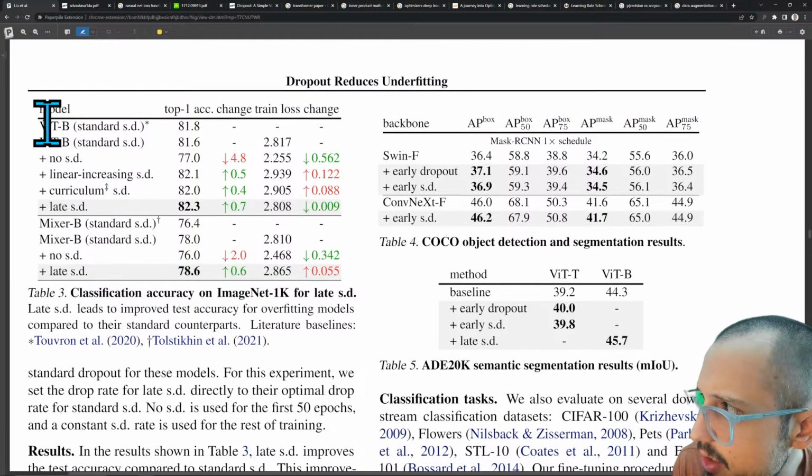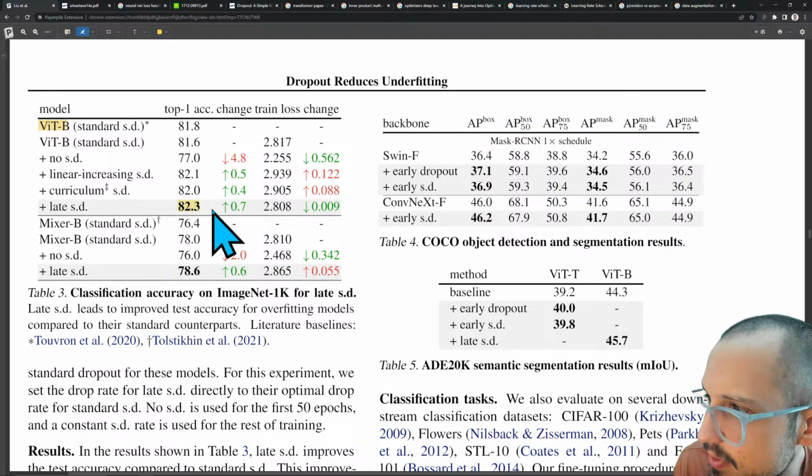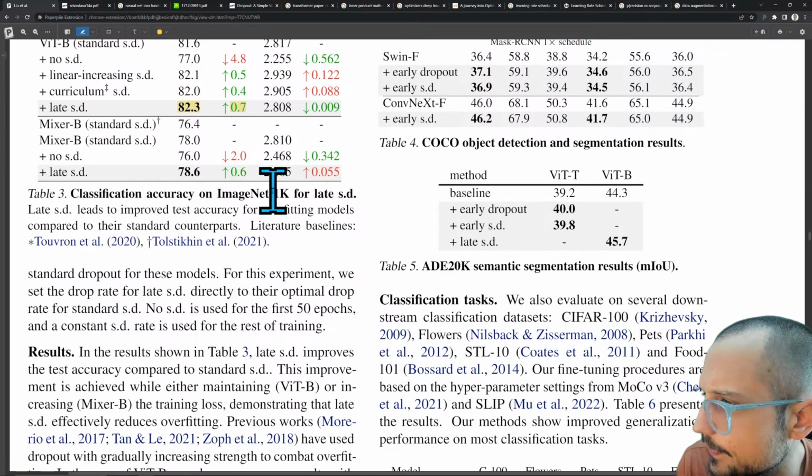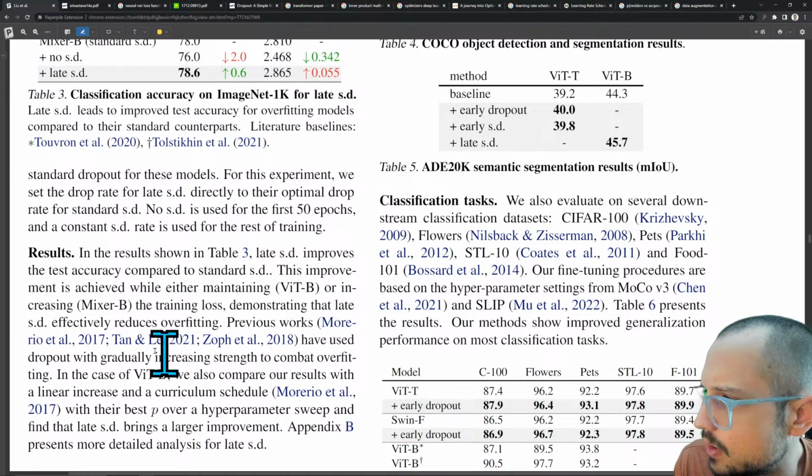All right, so here you have ViT-B, which is a bigger version of the transformers that we were looking at before. See how with late dropout, you seem to get a little bit of performance boost. But these are really small, right? You're talking about 81% top-one accuracy versus 82% top-one accuracy. Demonstrating that late stochastic depth effectively reduces overfitting. We also compare results with a linear increase in a curriculum schedule with the best p over hyperparameter sweep brings a larger